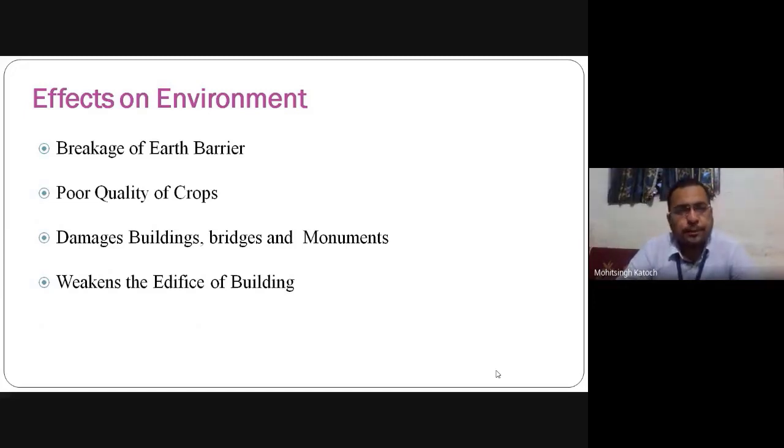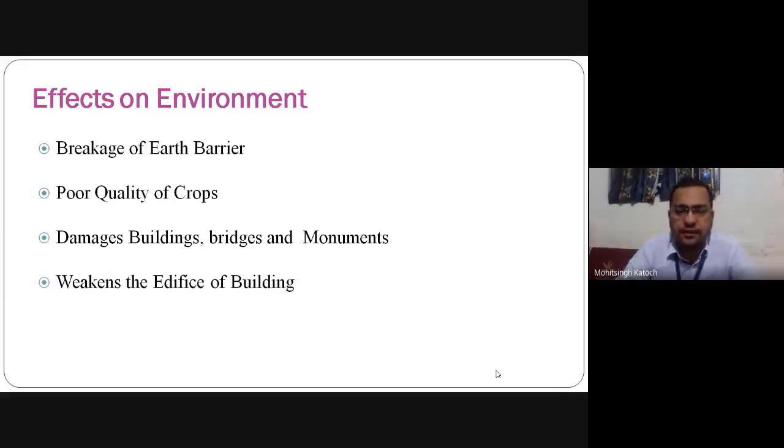Number first is breakage of earth barrier. Second is poor quality of crops. Third is damage to the buildings, bridges and monuments. And fourth effect of noise pollution is weakening of the edifice of buildings. So noise pollution not only damages human life as well as animal life, but it is also damaging the environment